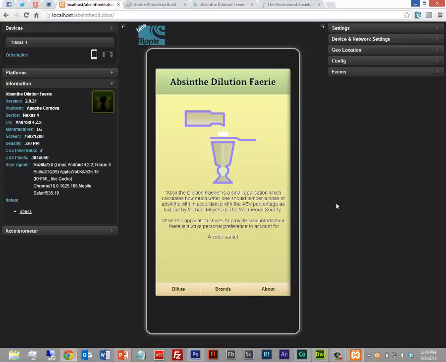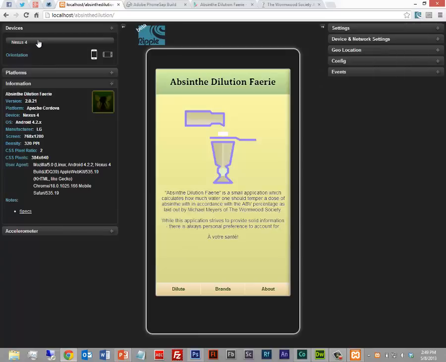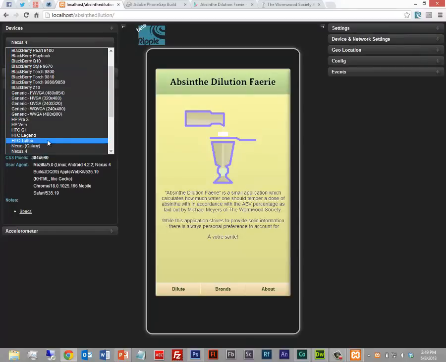So inside of Chrome, this is the Ripple emulator. You can get it from emulate.phonegap.com, or you can just search the Chrome extensions store, and find it and download it. It downloads as a little extension right here. So whenever you load up any sort of website or content in your Chrome browser, you can just hit enable in here, and it will render it for the specifications of a bunch of preset devices that we have up here.